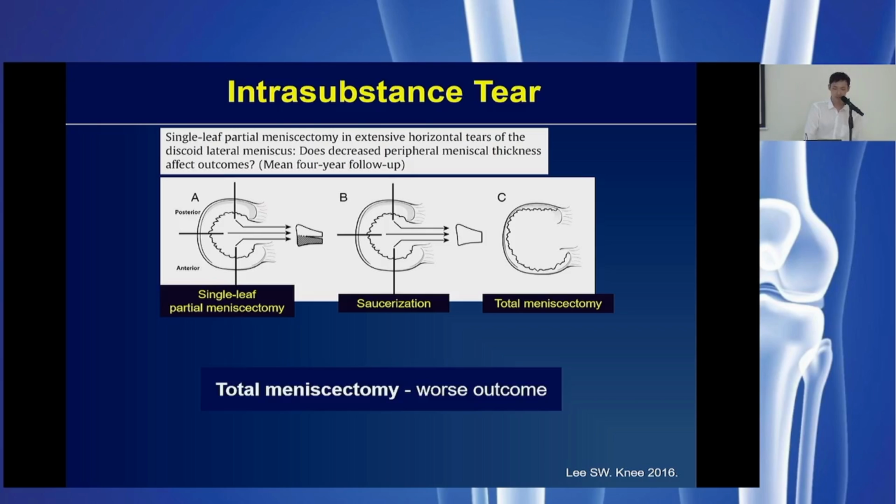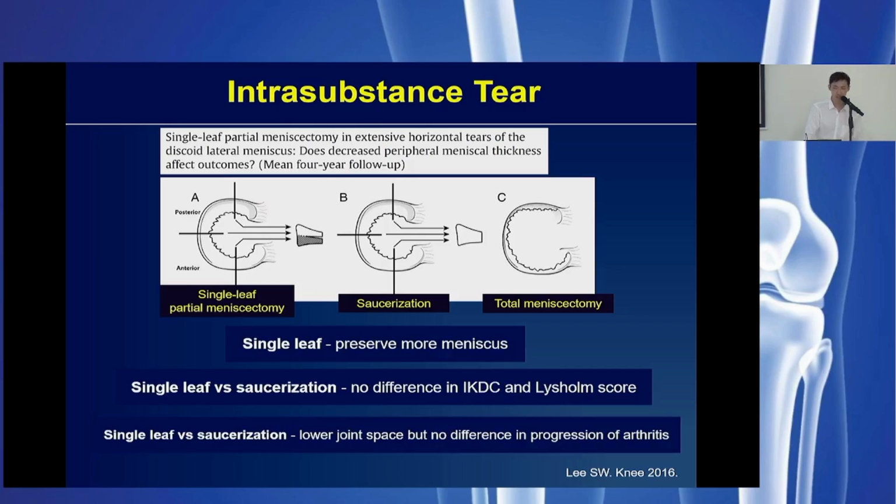The study shows that total meniscectomy had the worst functional outcome. And for partial meniscectomy versus conventional saucerization, there was no difference in functional outcome at 4 years follow-up. Although total meniscectomy has longer surgical time and longer follow-up, there was no difference in the rate of osteoarthritis. As for meniscectomy, it is not the preferred option, but subtotal meniscectomy may be a reasonable option, especially in the case of a horizontal tear that is considered to be